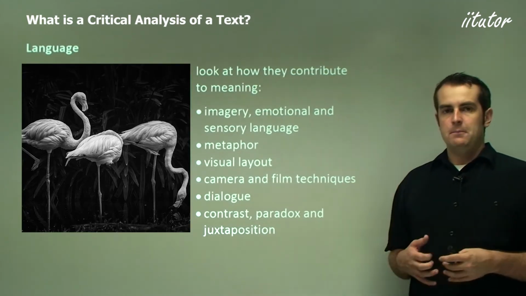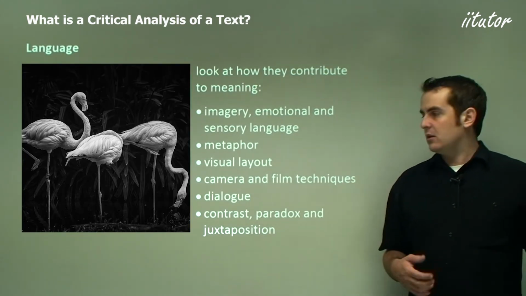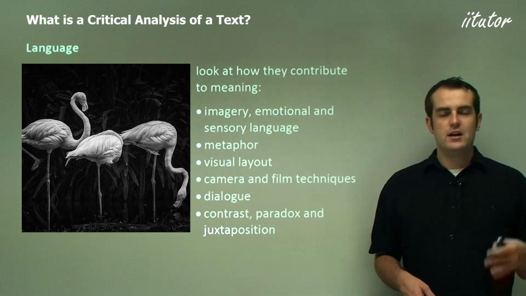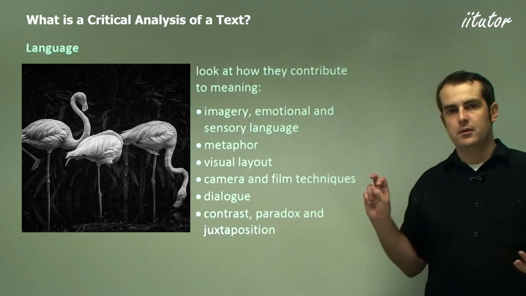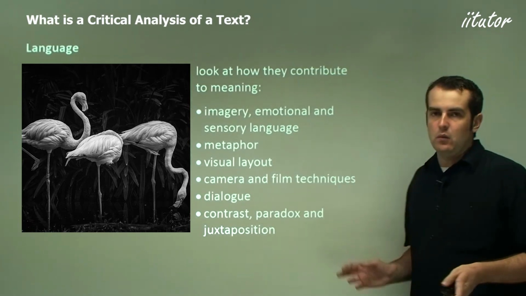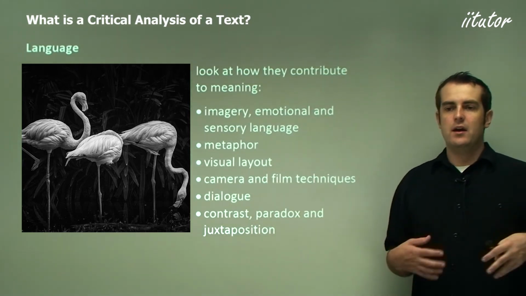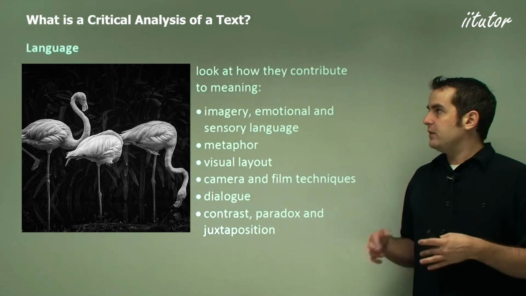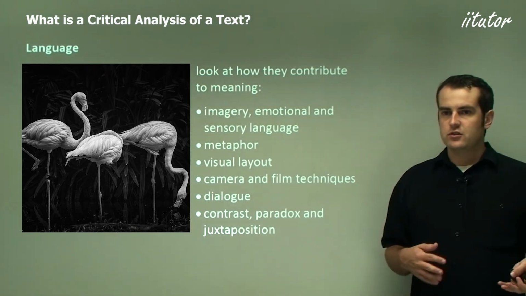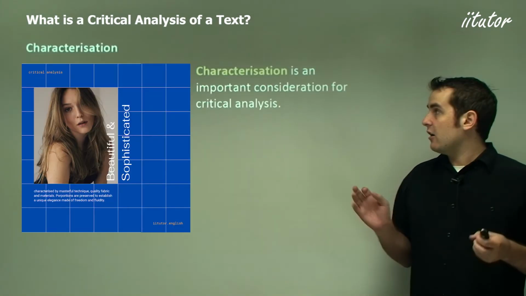Being critical requires you to be selective, so you don't use them all, but you use the ones which are relevant to your argument, and particularly what your argument's asking for. It might only ask you for one of these things to interpret, in which case you've got to focus just on that one thing and not any of the other ones. It also indicates the amount of variety that is involved in analysing language, construction of story, and the next one we're going to look at, which is characterisation.